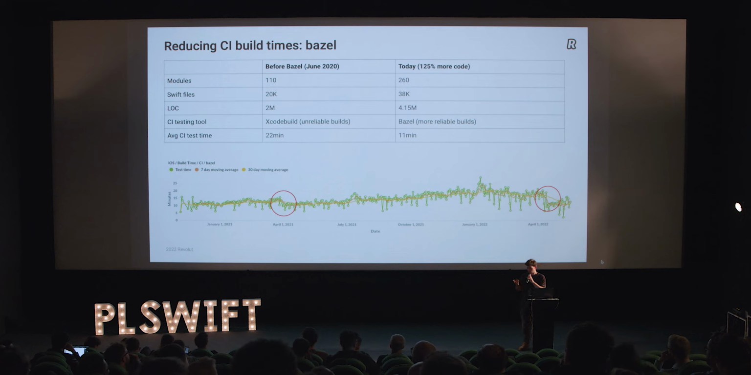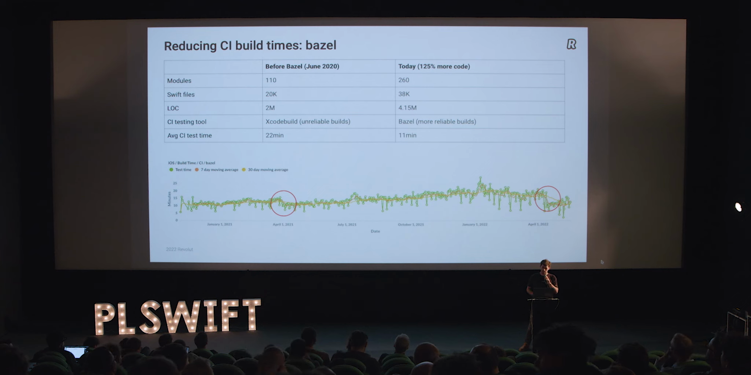I gave you the concept. I don't want to go into the detail of the implementation, but basically the way you can accomplish this caching, remote caching, and caching of tests is by using Bazel. Bazel is an alternative build system. And what you see on the screen is some statistics of our code base. So back in June 2020, we didn't have Bazel. We were having 22 average minutes of build time in CI and 2 million lines of code. Currently, we are having 4.15 million lines of code, and we are having 11 minutes build times, thanks to all